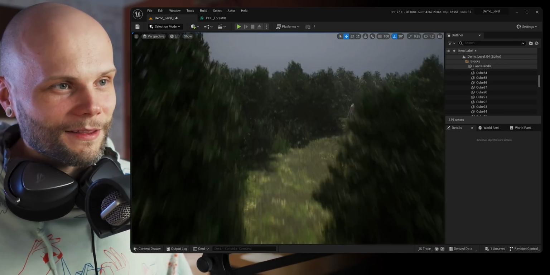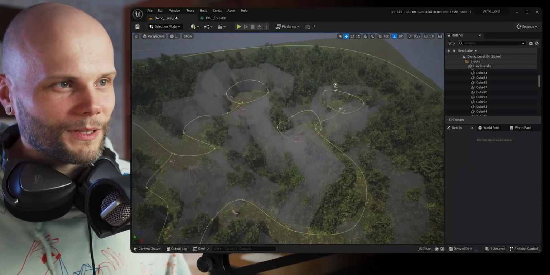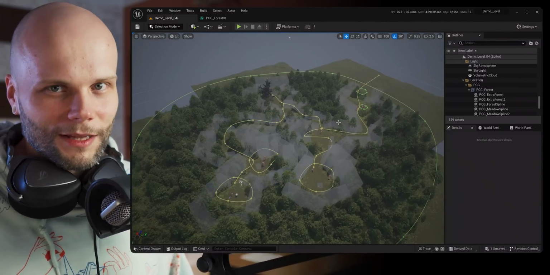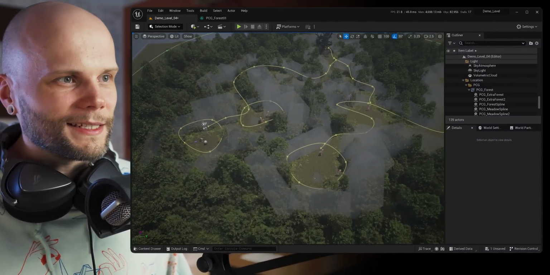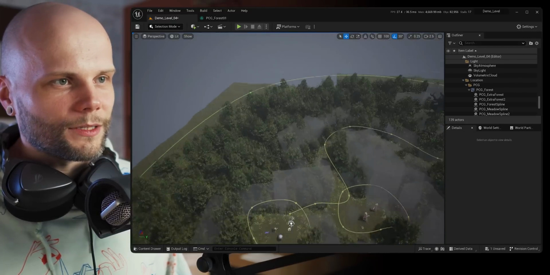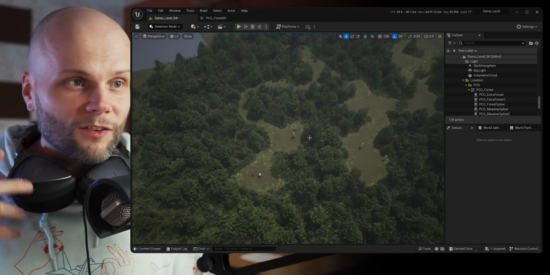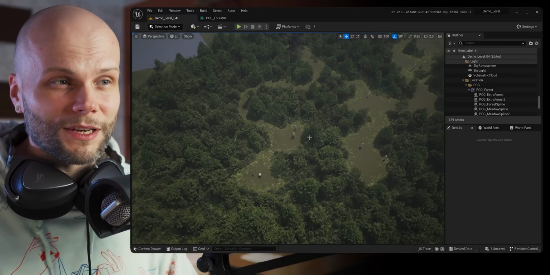But yeah, this is the thing I've been busy with most of the time, programming this forest generation, as well as trying to make it run faster. I succeeded to a certain extent, but there's more work to be done for sure. So if any of you have been playing around with Unreal Engine 5 and you have any advice